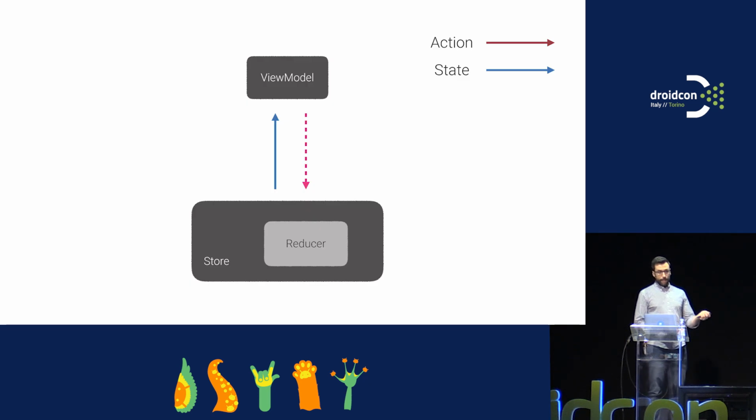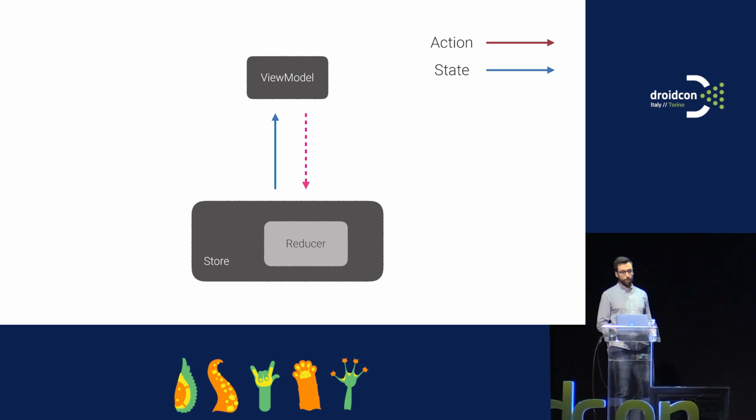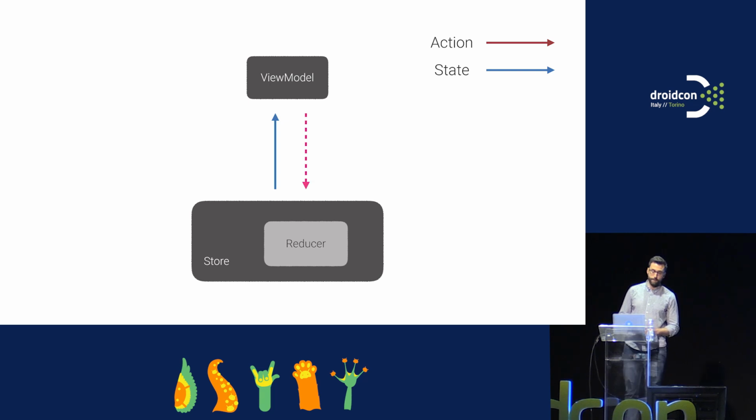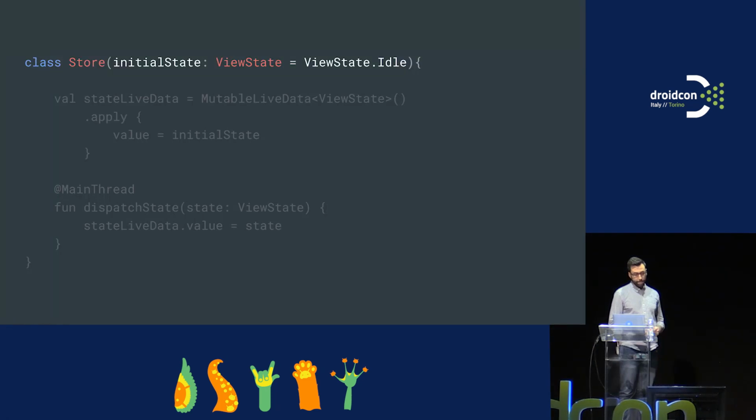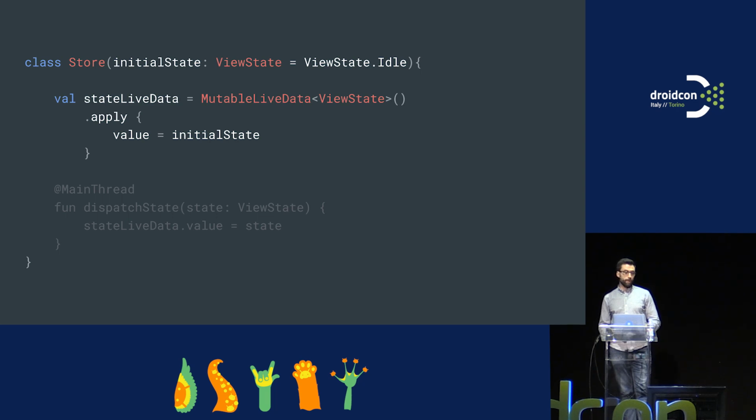When we look at how that view model talks to the reducers, we have this action that we just saw, represented as a sealed class. It will go to the view model, and the view model decides, right, what is the action that I'm trying to do? What do I need to do now? And it will then call the reducer, and the reducer will be used by the store to dispatch the state back to the view model. If we look at the store, we have an initial state. It just makes it easier for us to start doing things when the store is created. And as we said, we have a mutable live data that is going to be the one holding that information on screen. We just apply the new state.